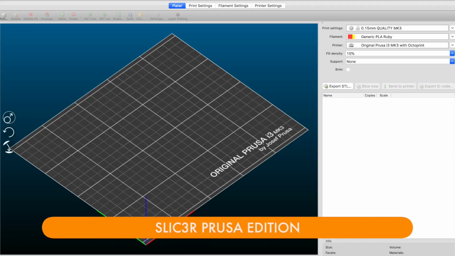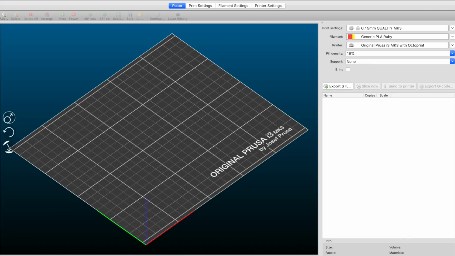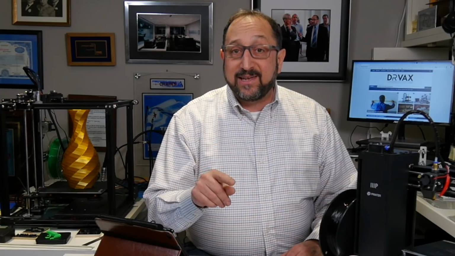Another popular slicer is Slic3r. Some people just pronounce it as slicer, but it's S-L-I-C-3-R. It's made very popular by Prusa. Prusa makes a very high-end line of printers, sort of the top-end hobbyist printers. They sell for $750 as a kit and more expensive, over $1,000, depending on the options you get fully assembled. They're very high-quality printers. I have a Prusa i3 MK3 I built from a kit, and they ship with a version of Slic3r that's customized for their printers.